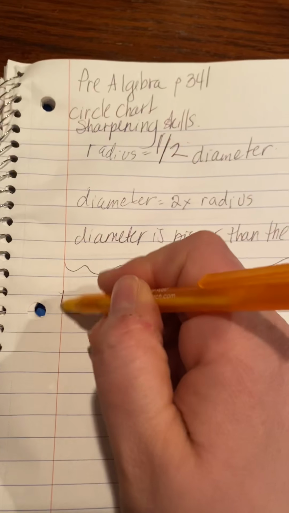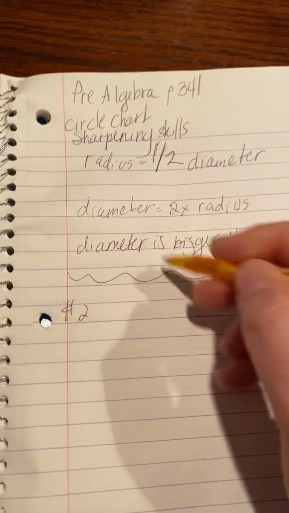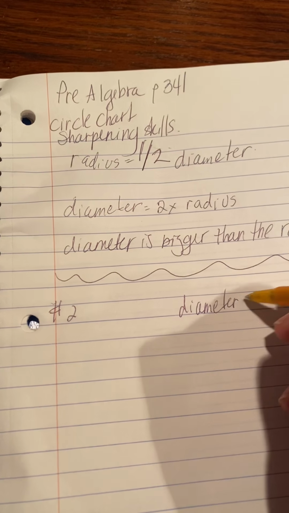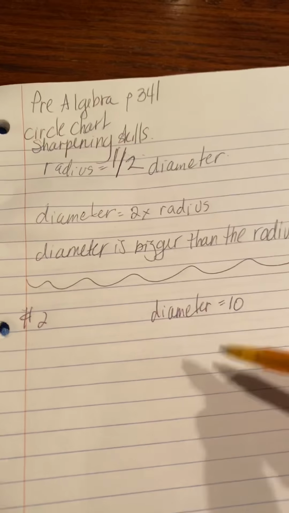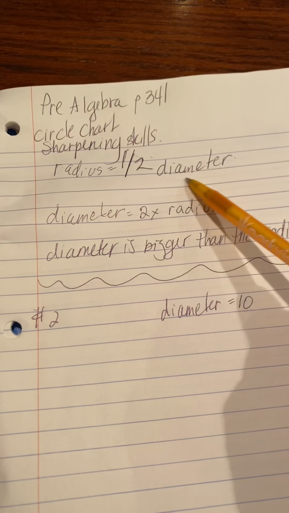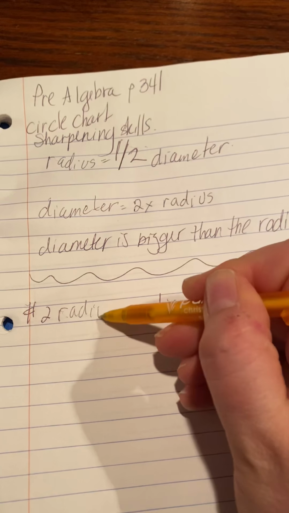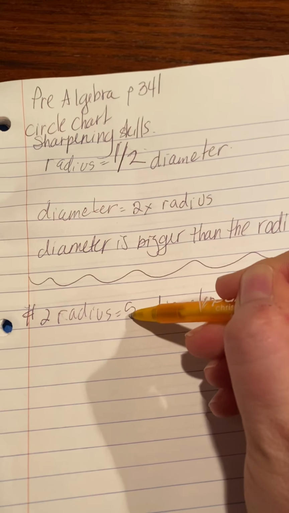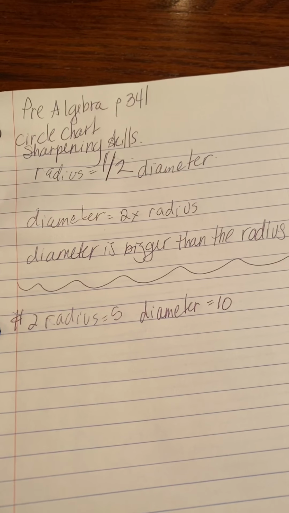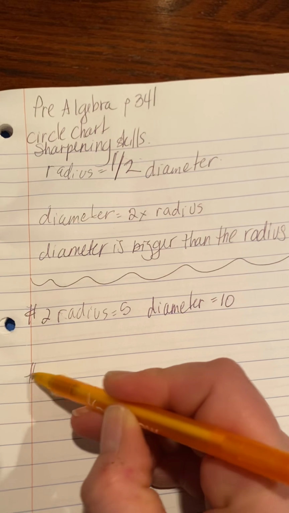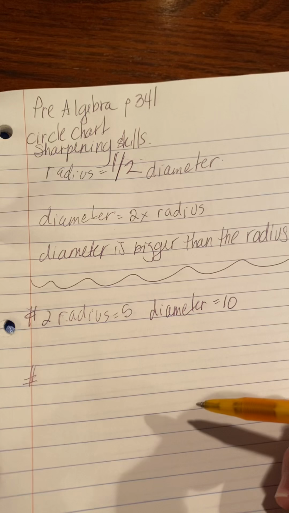In number 2, we're given a diameter of 10. Do you know what the radius then would be? Half of the diameter. So radius will equal 5, half of that. Okay? So then if we go on to number 4, they've given us a